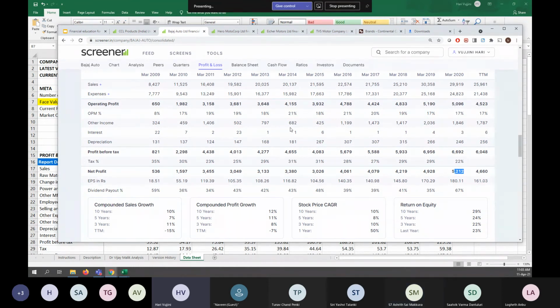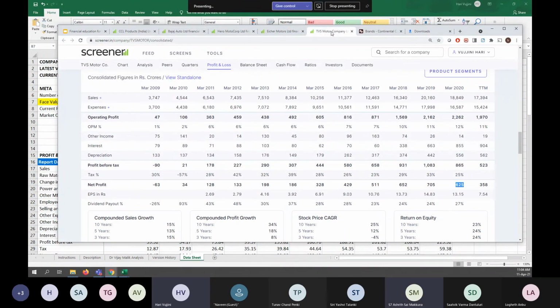When I say you need to understand the language of business in order to say whether it's a good or bad business, without knowing accounting, you can't tell. You may say, oh, TVS is a great brand, I see a lot of ads on TV, I see Dhoni sponsoring the TVS company because he's from Chennai. I don't know, I don't follow cricket. Maybe he's the Chennai IPL team lead. I am a big fan of Dhoni, let me buy TVS. But that doesn't tell you anything if you don't look at their profit and loss statement.